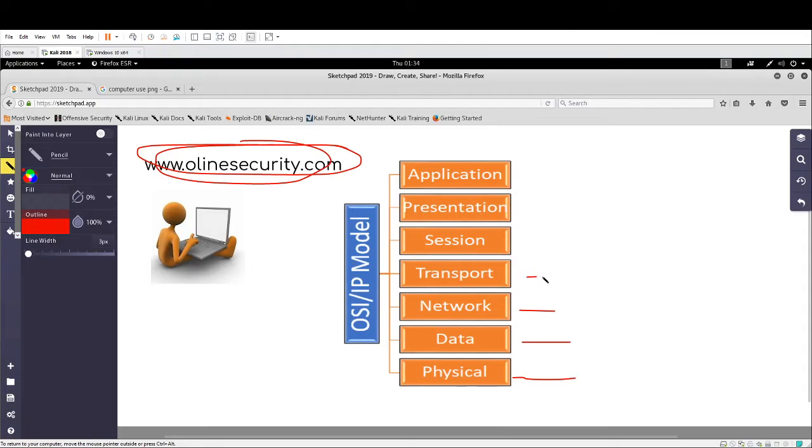Okay, it is going to use layer 4 of the OSI model to transport your request. Here we can use a protocol such as TCP. We are going to use the TCP protocol to transport your connection, or your request, over to Online Security. Now,